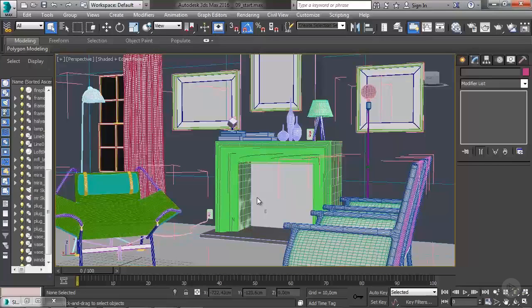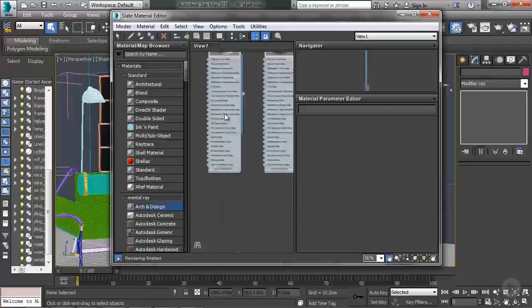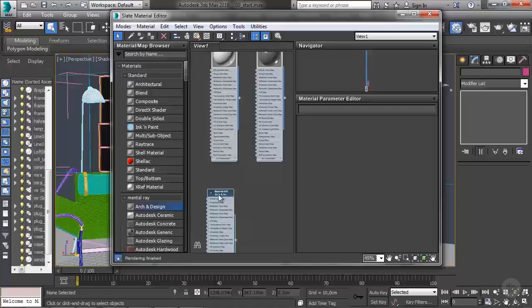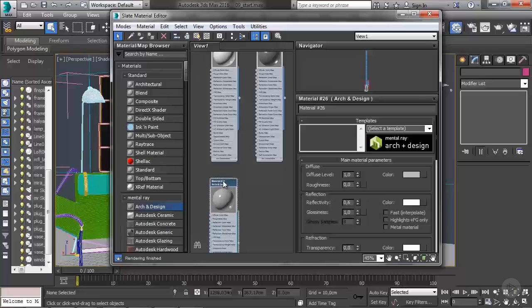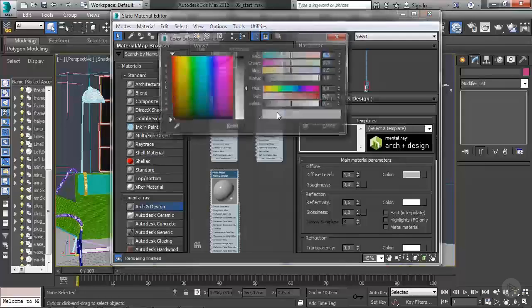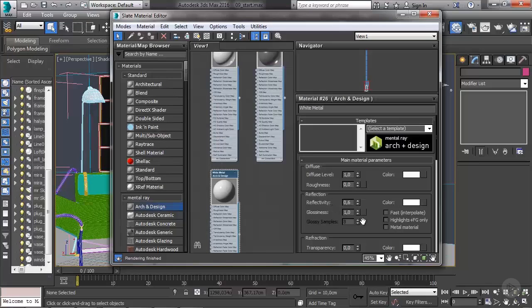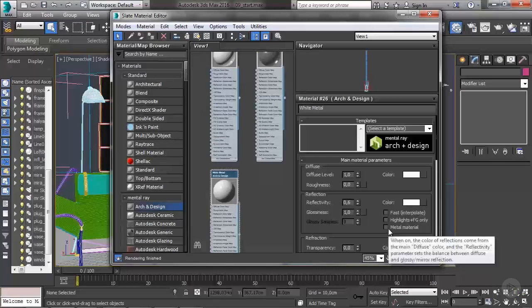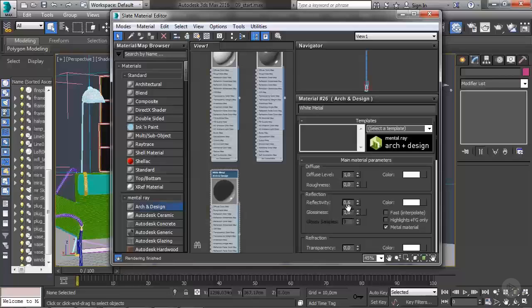Now we're almost done with the basic materials. Let's create a basic metal material to apply to a few of our objects. So, material editor again, and again create a new design. And actually, to create a metal is quite simple. Let's rename this, change the color, and then it's just a matter of checking the metal material box and editing